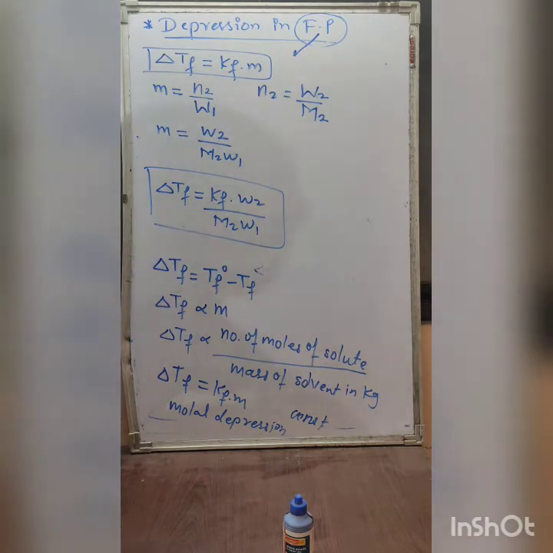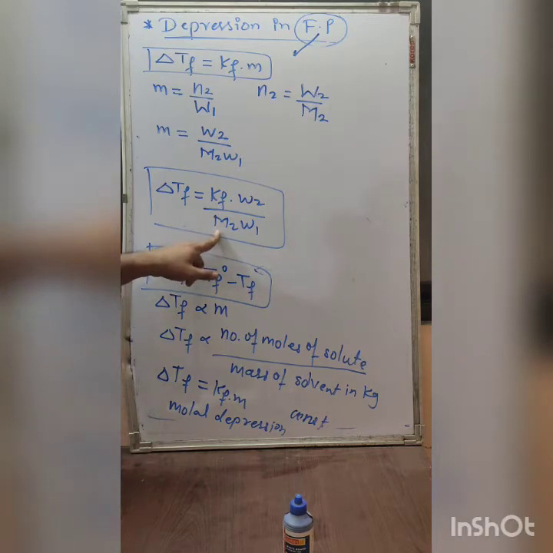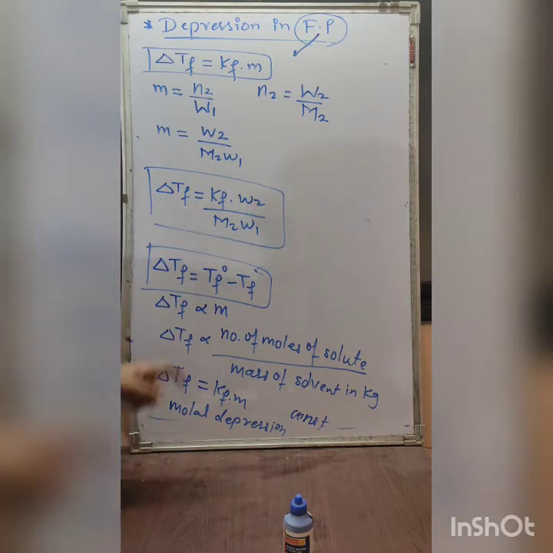So here there are a total of 3 formulas. One, in order to find out the difference, delta Tf. Second formula, delta Tf is equal to Kf into m. Sometimes in numericals, molality and the constant are directly given, and you have to find out the delta Tf. Okay. And the third formula is used to calculate the molar mass of an unknown solute. All the quantities will be given and we have to find out the molar mass of the solute. So we have finished with the third colligative property, that is depression in freezing point.